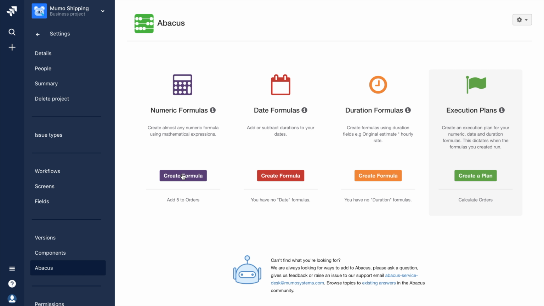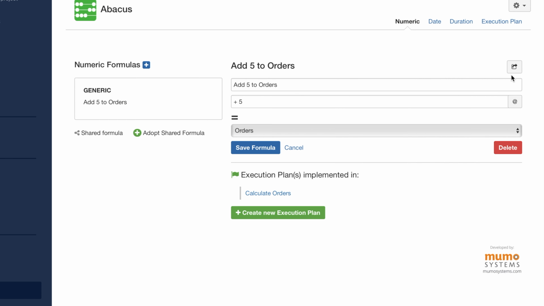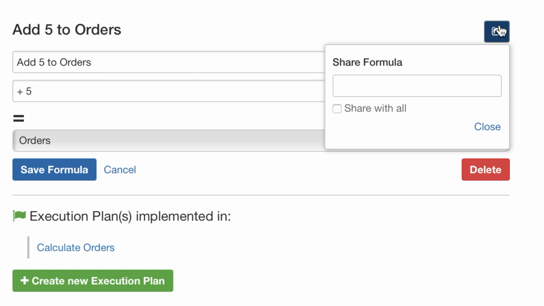To do this, I'll need to access the Abacus configuration for this project. On the Abacus main page, I'll click on my formula title, Add 5 to Orders, underneath the numeric formula type. Within the formula editing screen, I'll click on the Share button in the upper right corner to begin the process